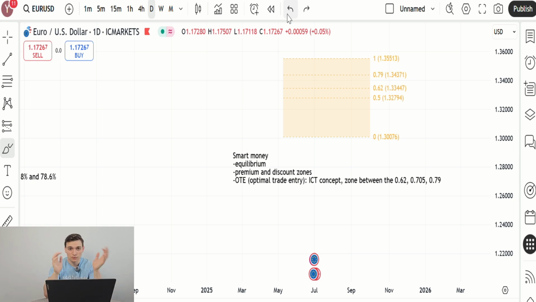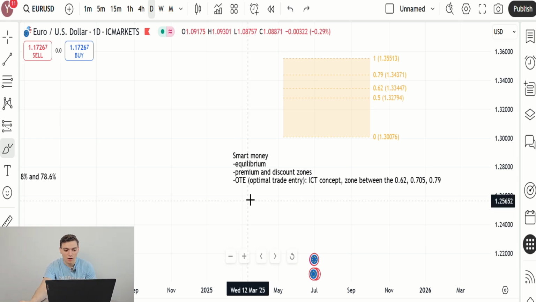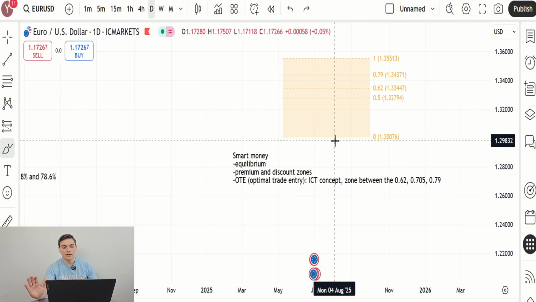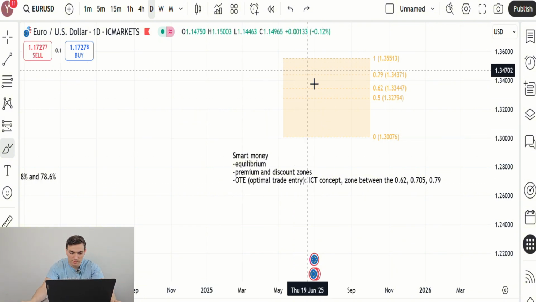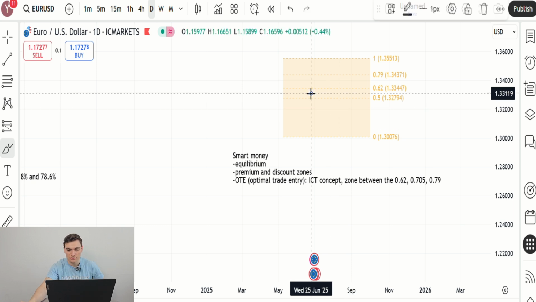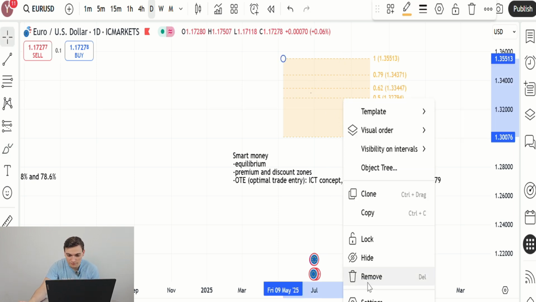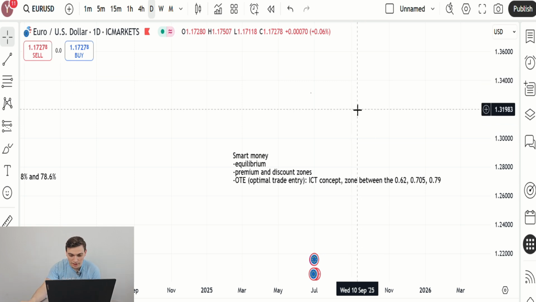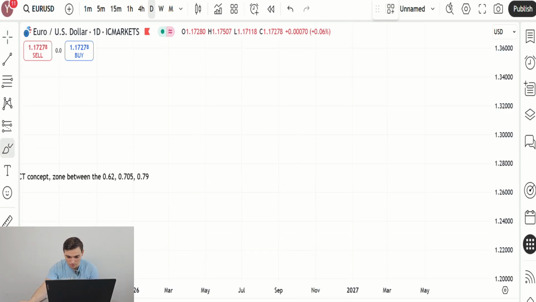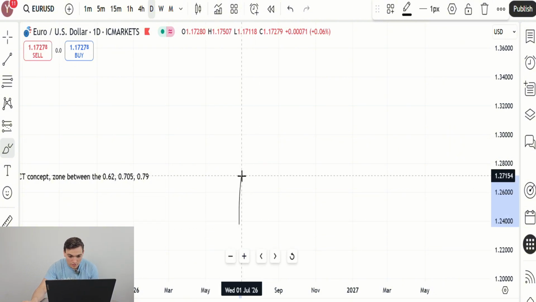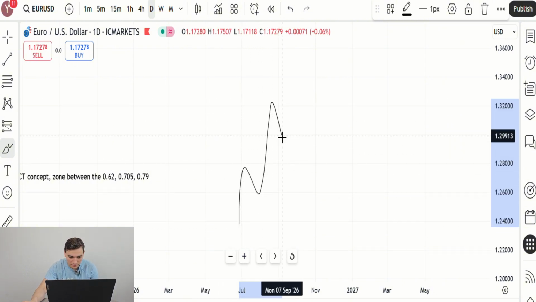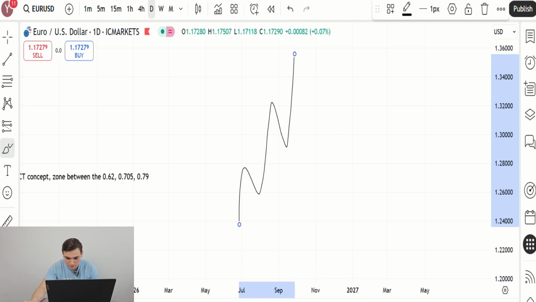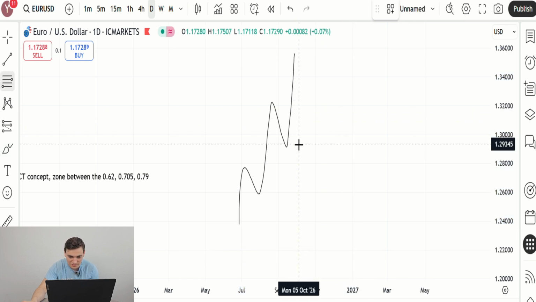So to finish this video with the OTE, by the way, I didn't say this, really important, premium and discount zones. We want to use this because premium zones are considered a good area to sell and discount zones are considered a good area to buy. Okay, I'm gonna draw this. Look, if we are in an uptrend, and we put the Fibonacci retracement,